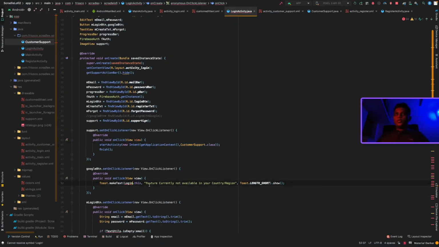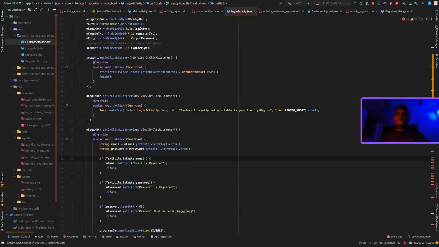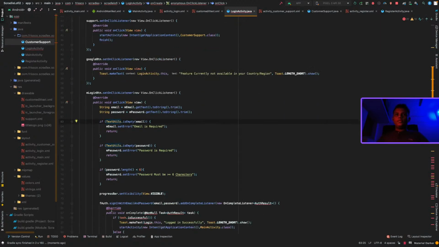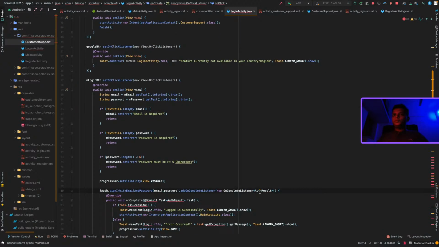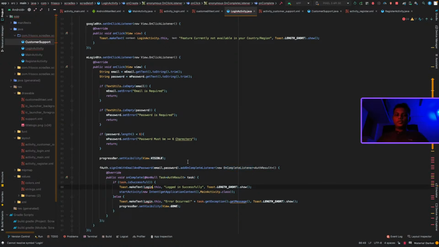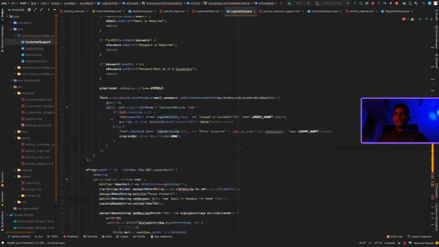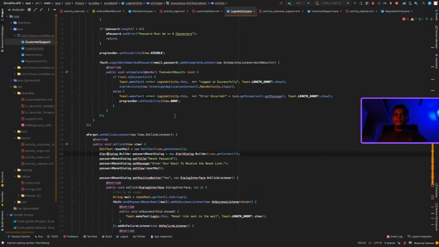And this is not login.class, it's login activity.class, and text utils, and same here. This is login activity.class, activity.class,